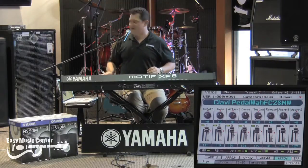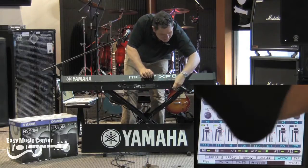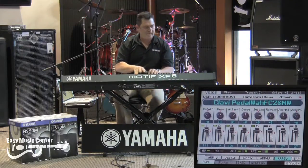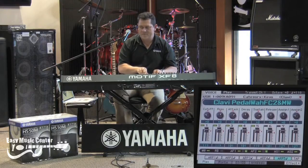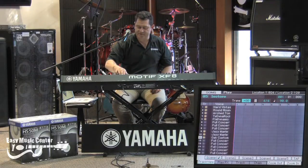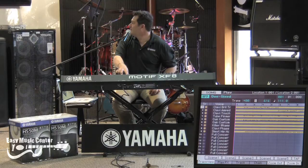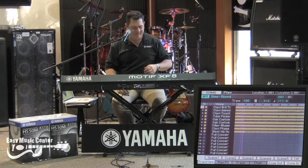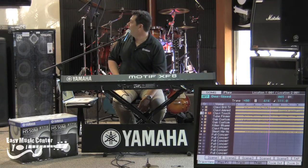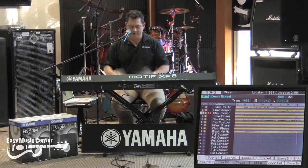So, another guy here, clavinet pedal wah. So here's my pedal. So what do these guys sound like? Well, interestingly enough, I've got a little tune here. You can see it right here. So you can hear what these guys sound like. So there's your dry one through an amp. And then if I want to play this...